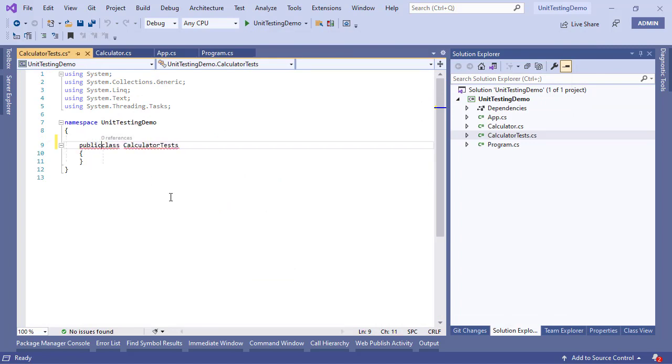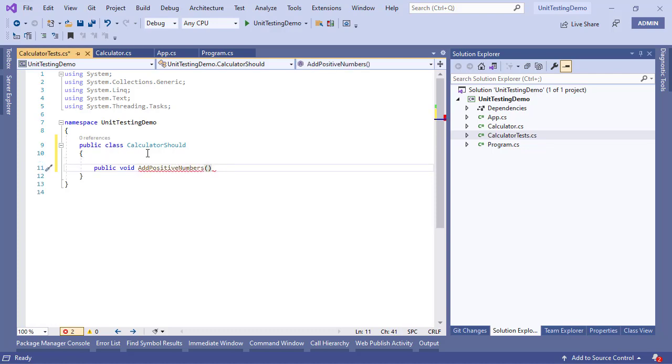And you know what, I'm going to change this name just to match with the second part of our application. We're going to say calculator should, and I'm going to write a void function here which will say add positive numbers, right? And then I'm going to delete this part as well. In this function, I'm going to create the object of calculator,